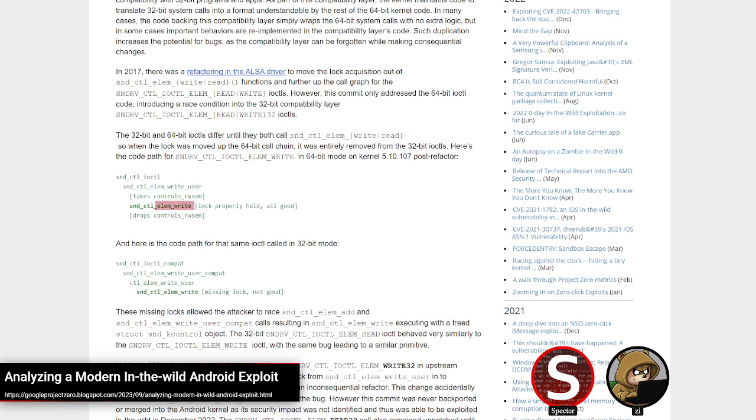So they basically moved the locks one level up. Because of that, the locks were effectively dropped entirely for the 32-bit compatibility layer. Then in March of 2021, the locks were moved back to the internal functions where they were before. That fixed the issue, but because it wasn't a security fix, just a refactor, it didn't end up getting backported. So there was a race UAF read and write on the sound K control object through these read and write